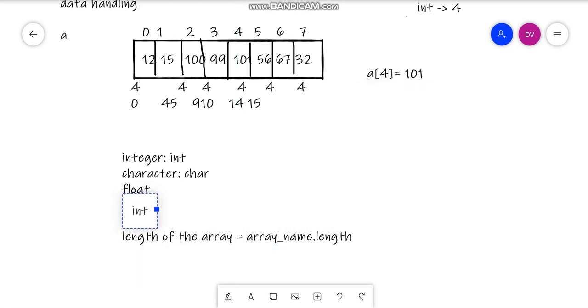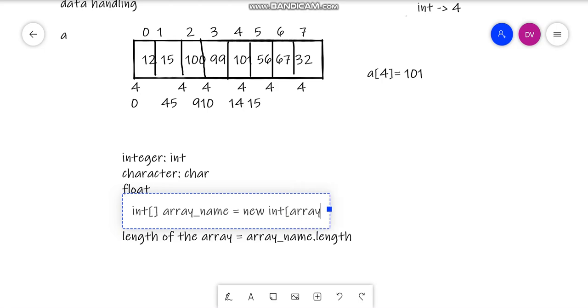I will initialize with int, then the array name, with brackets to indicate that this is an array, equals new int, and then I give the array size. So this is the syntax, and this much is enough.